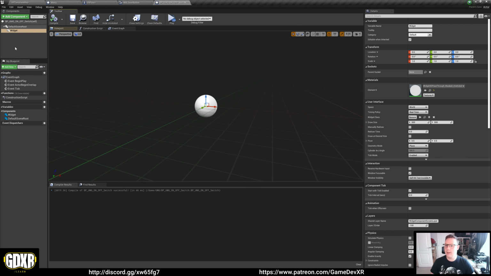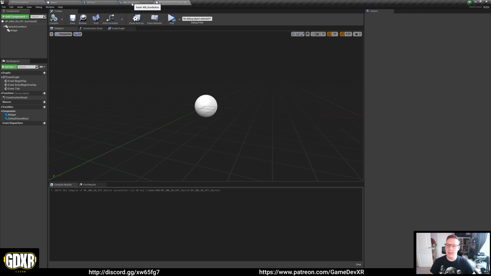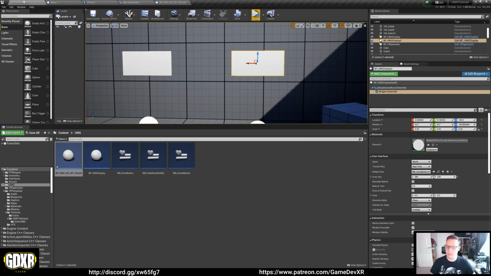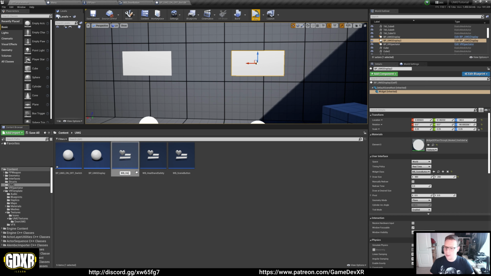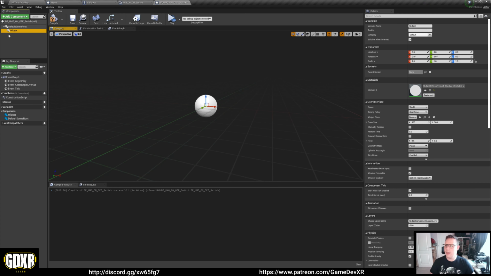Widget, compile. And I'm going to rename our door button widget just so it's easier. So rename it On Off Switch, because we can reuse this all over the place. So now in our widget, we can select our on off switch